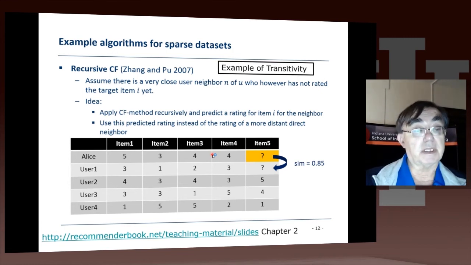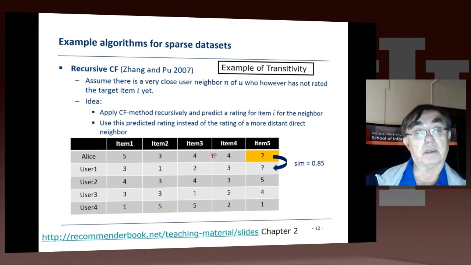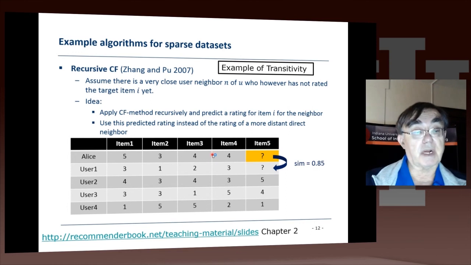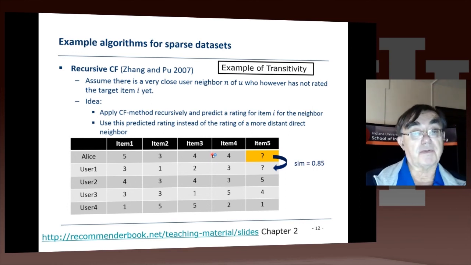The whole point is that we might have identified a set of wonderful users near Alice, but those users are not directly ranked to some of the items we care about, but those users near Alice have friends, or whatever you want to call these people, who are near them, who have done relevant rankings. Obviously, this can be applied in very complicated iterative fashions. It says here recursive. Recursion or iteration sort of mean the same thing here.